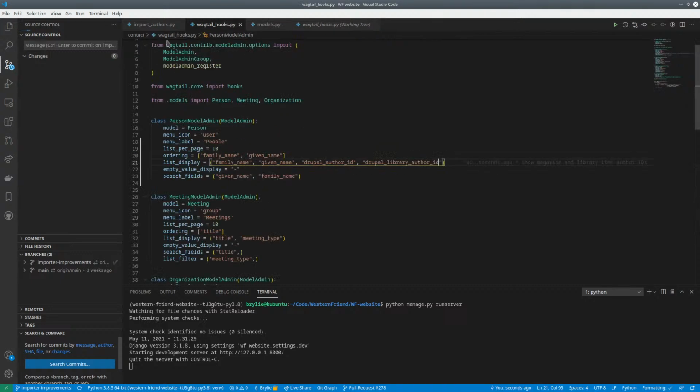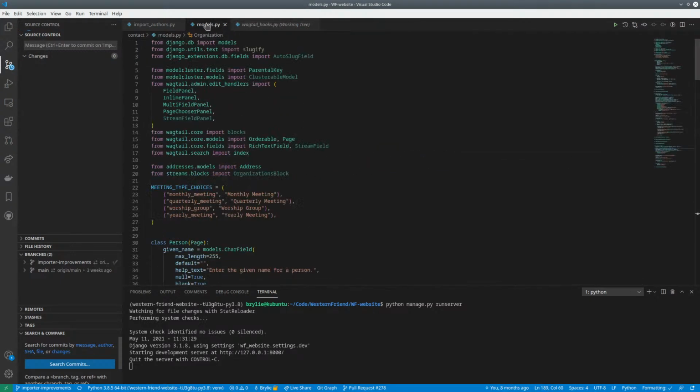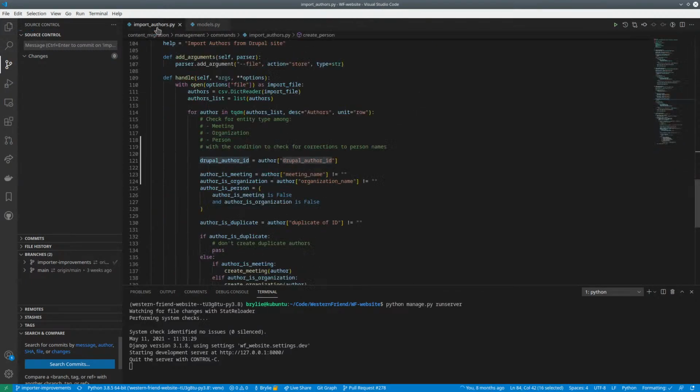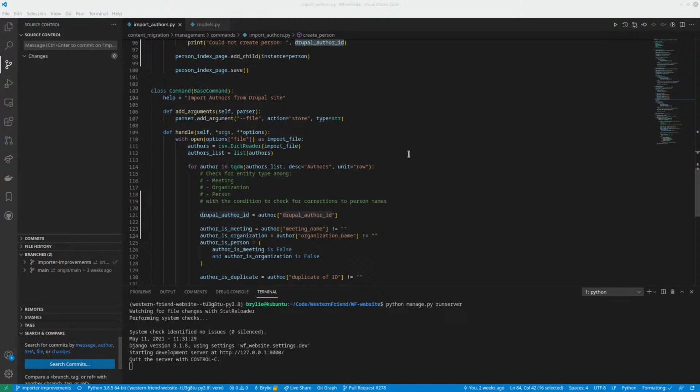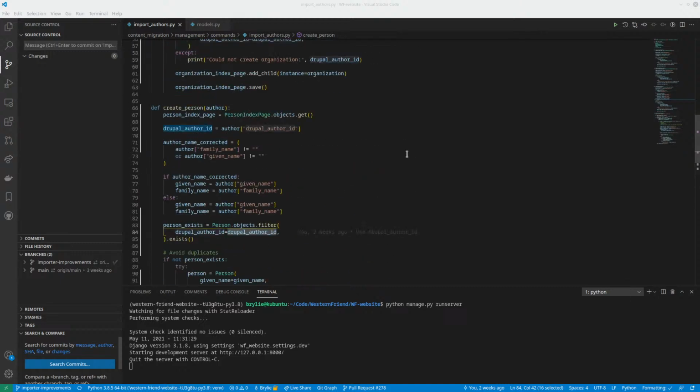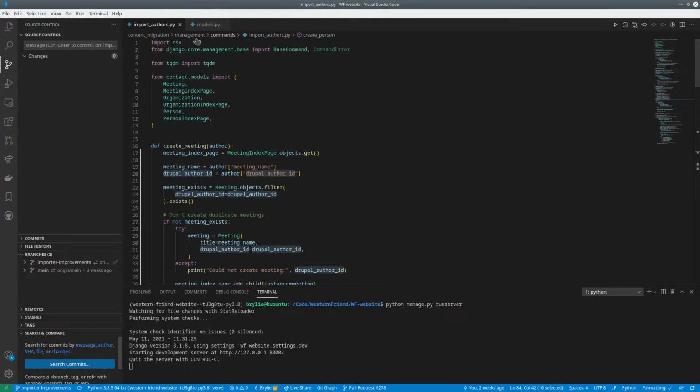All right, so we need to leave the library and facets alone. We're done with that. I don't think I'm going to be changing the models right now. So importing the authors seems to be working fine. Now I need to write an importer for the library item authors. So that's easy enough to do. Basically copying and pasting them. And I'm going to essentially copy and paste the magazine authors importer because they're very similar patterns, and